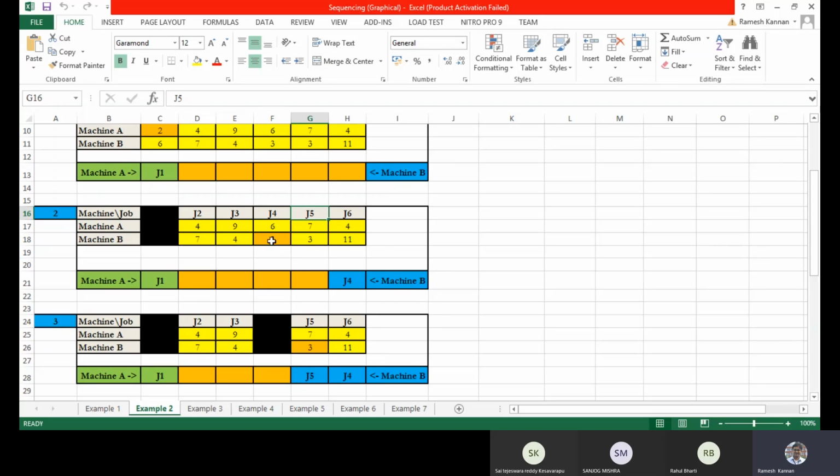And another thing is if it is something like job 4 machine B and job 5 machine A, then you choose machine A because machine A has the highest dependencies. It doesn't have dependency. Machine B only has a dependency. Machine A is kind of a standalone, so it's a prerequisite for machine B. So in that case you choose machine A. But actually there's no problem if you choose arbitrarily also.